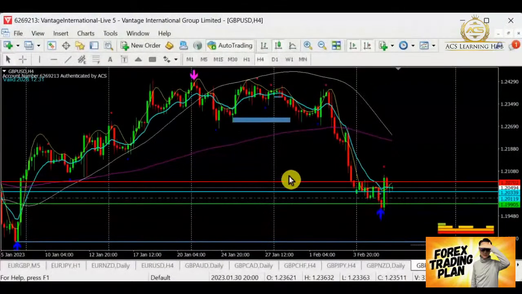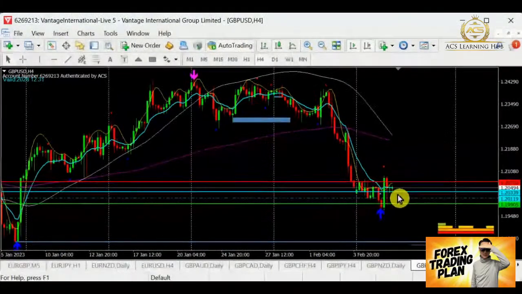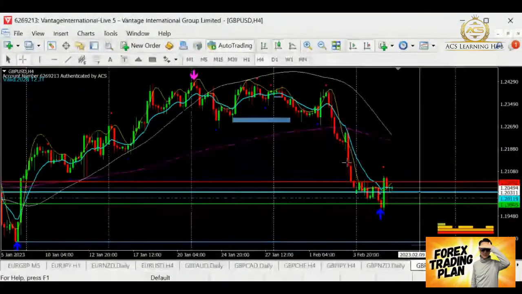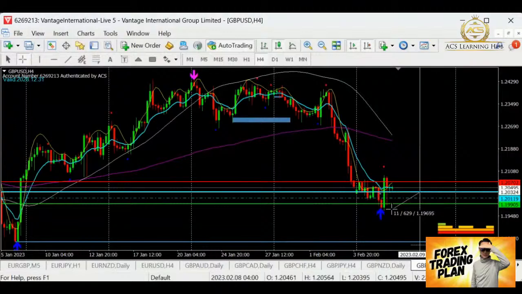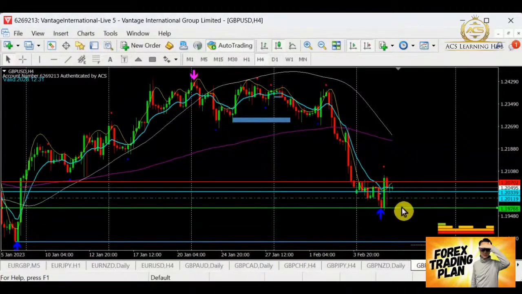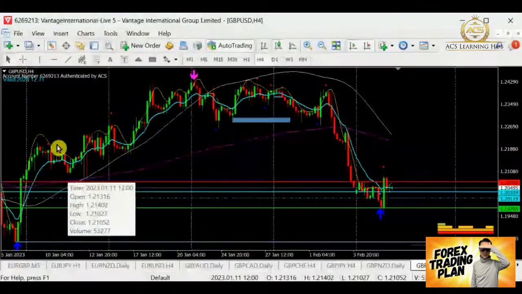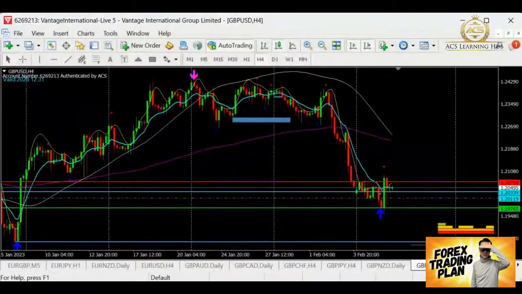Let's see if this is able to break below, then we may still have a chance to take the support, which I see there's about 60 pips to go. This is the support level here. Let's wait and see whether it can break. I'm going to put Pound dollar into my watch list because it seems very near to the support. Then we will see if there's a chance to break it.